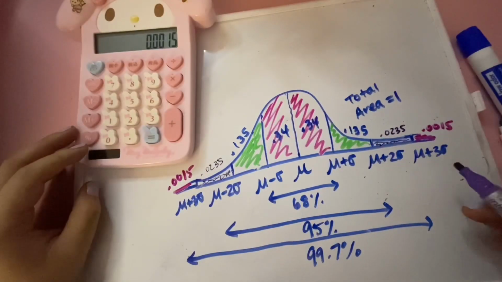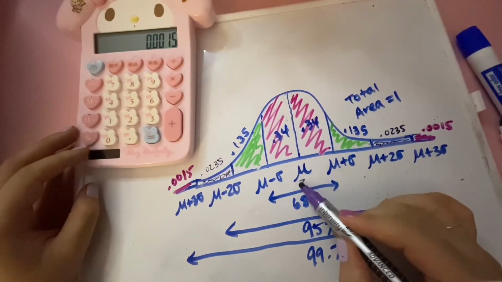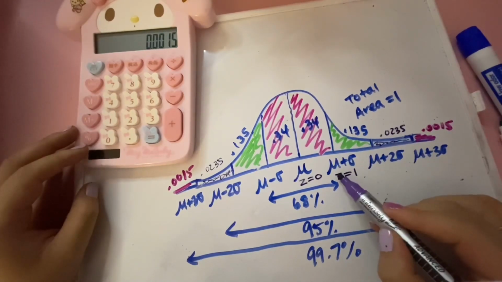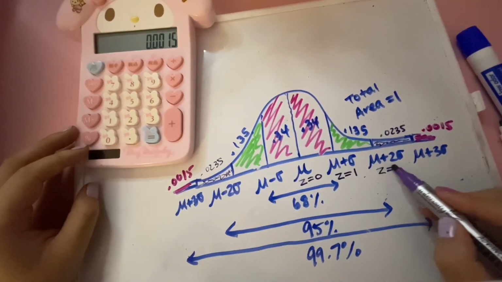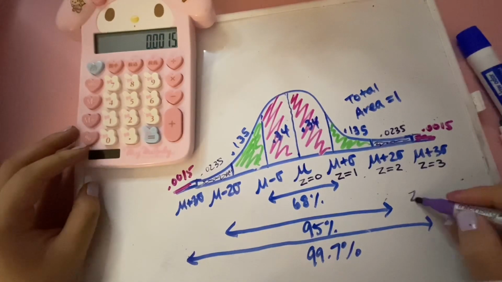So as far as standardizing this goes, basically we're going to translate all of this into z-score stuff. So this would be a z-score of 0. This is a z of 1. If this is a z of 2, z of 3, basically your z-score tells you how many